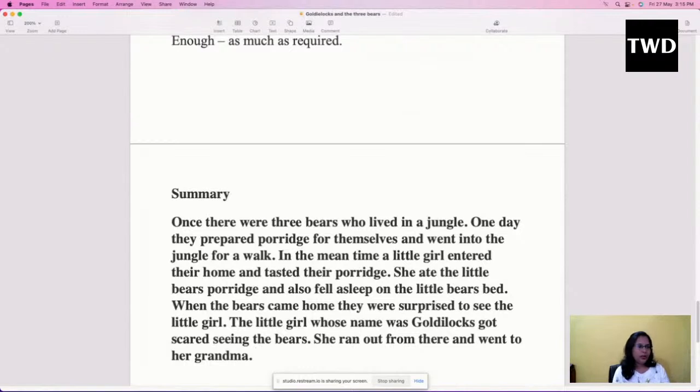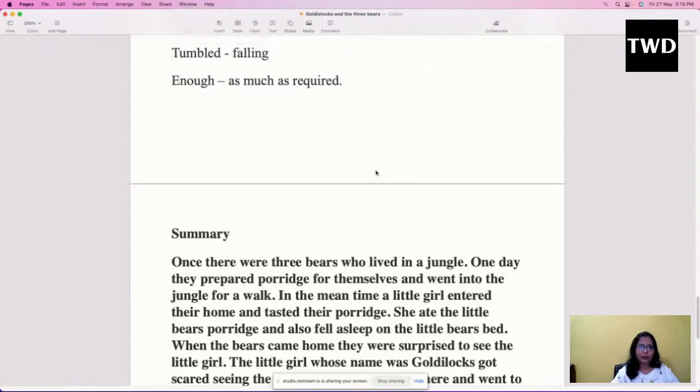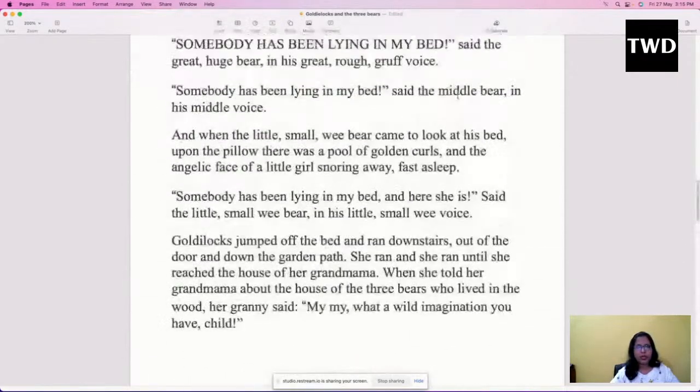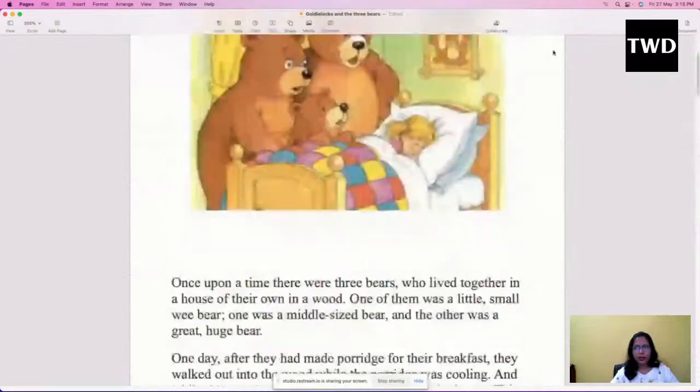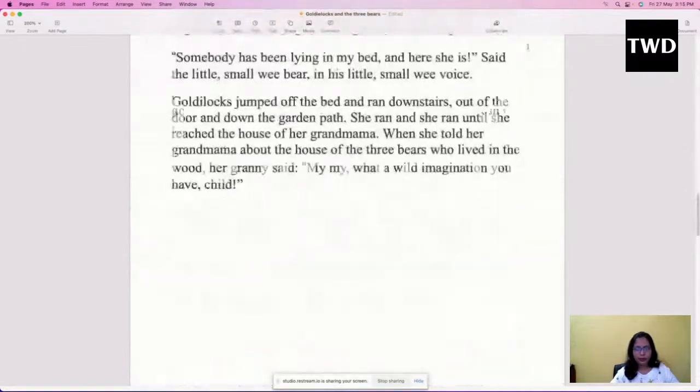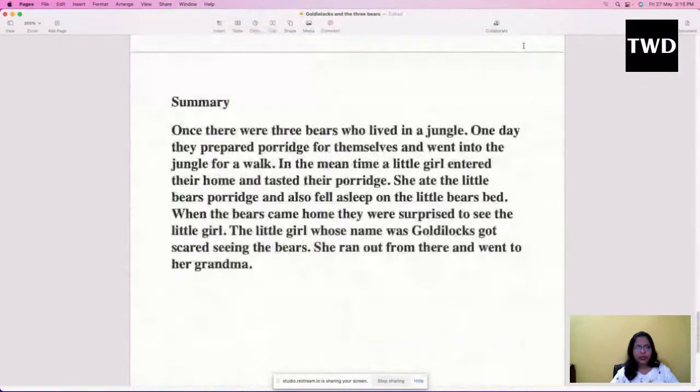Okay, so like this, you can write the summary of the story. Can you see? We have got such a big story, but our summary is small, right? It is how we are understanding the story. It is our understanding about the story and nothing else. It is not like you will write all the language which is available in the story. You have to write what all things you understood.